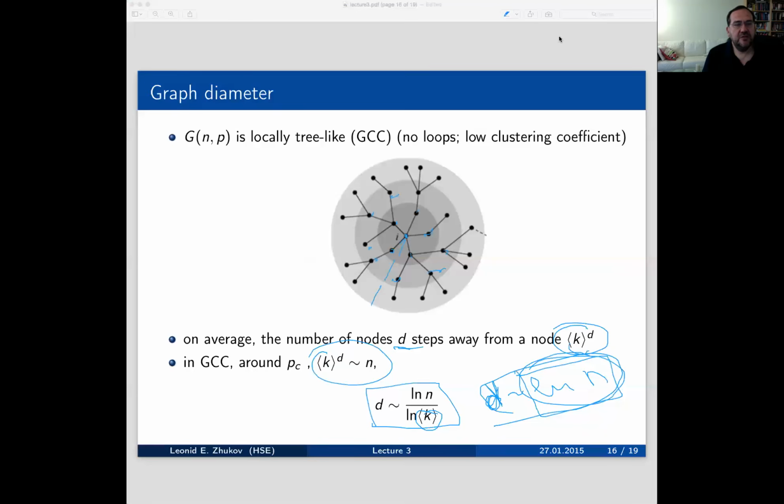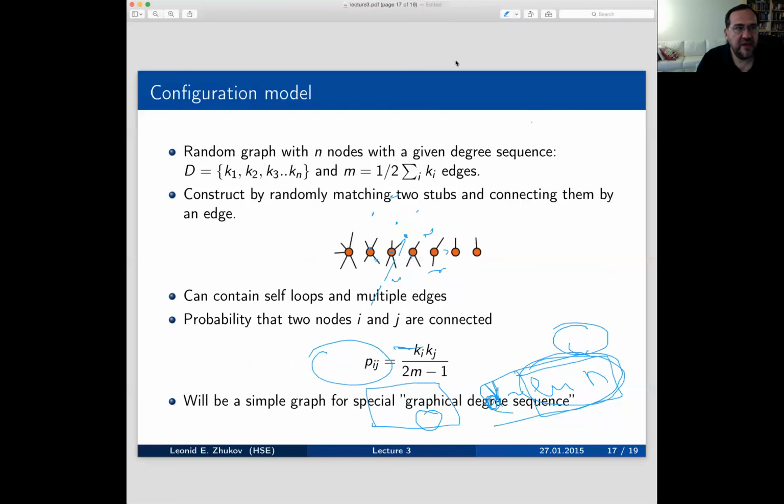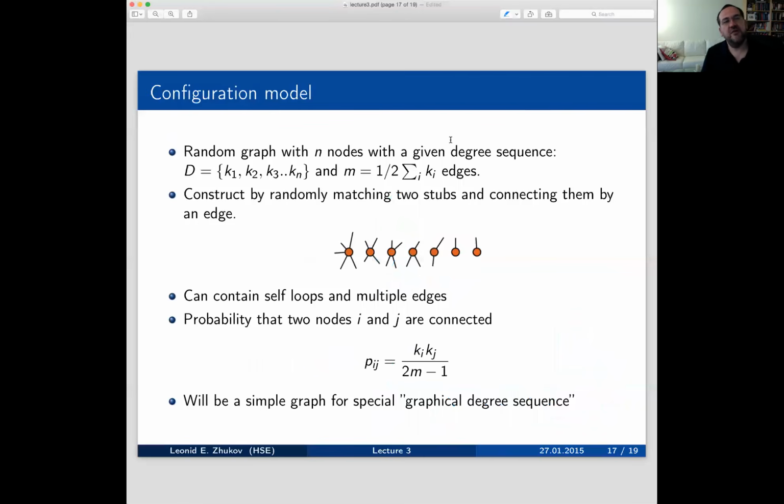In fact, what we can do is adjust the model a little bit and fix at least the issue with degree distribution. And this fix has a name. It's called a configuration model. So the idea is the following. We still will be building a random graph, but it will not be your typical random graph, not like the Erdos-Renyi random graph. It will be a random graph with a given degree sequence.